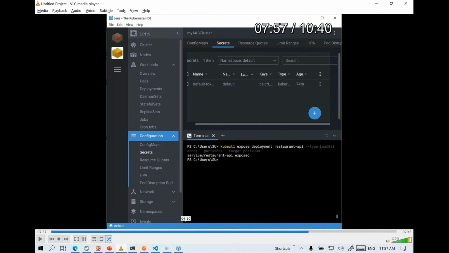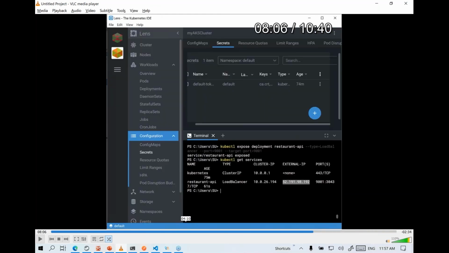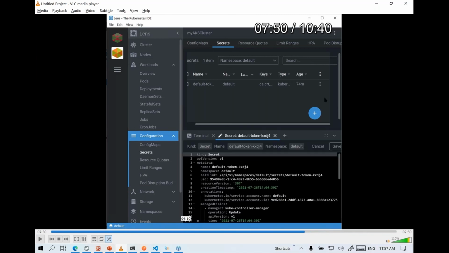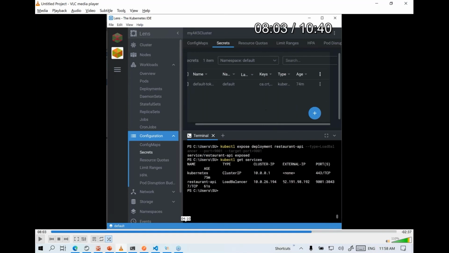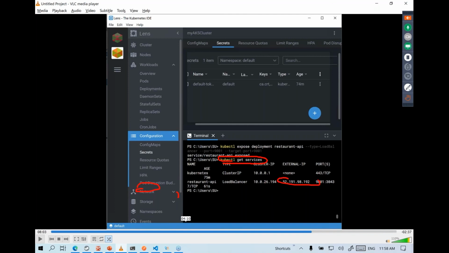Let me switch to network here, or apparently we have already done that. Or let me do it by running this command for now. So kubectl get services, or you can go to this network tab, expand it, and click on services. This will basically show you the IP address that is assigned to your deployed image or the container.